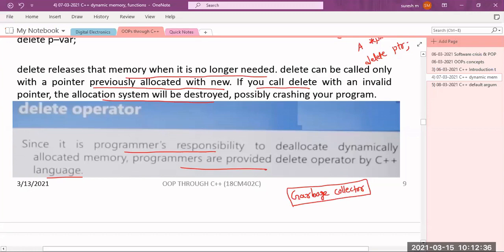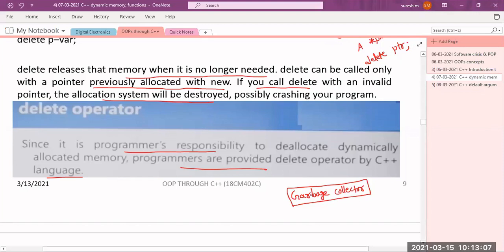Okay, so in the case of C++, the user has to manually deallocate the memory, that is by using this delete operator. But in the case of Java or Python or .NET or any other high-level languages that are there in the current industry, there you have a special mechanism called the garbage collector which will free the unused memory. The user does not need to do it manually.